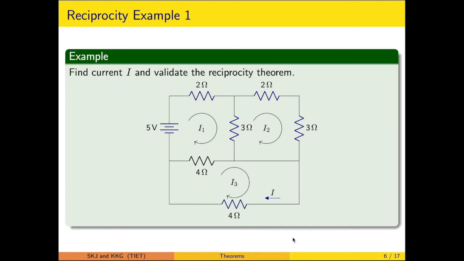Now let us take another complicated example, or you can say a little complicated, where we will be invoking the mesh analysis concepts. This particular is the branch where the source is connected. This is a branch or element through which the response or the output is measured. So in this illustration, the response I will be exactly equal to the I3 mesh current.